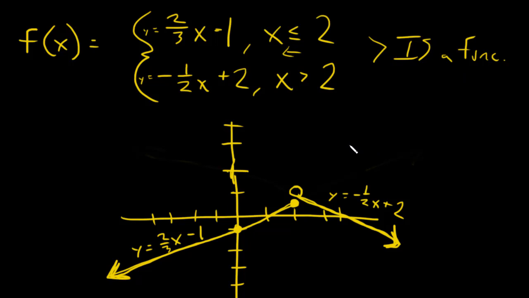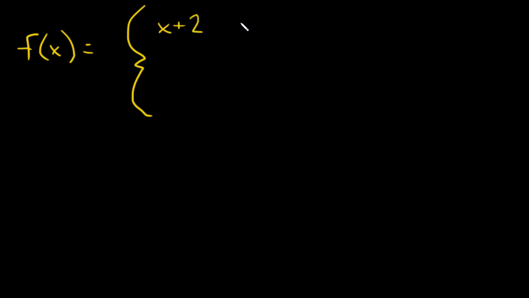Now, for all the marbles, here we go. This is going to be the big one. All right. You ready? F of x equals, here we go, x plus 2 for x less than or equal to negative 1,